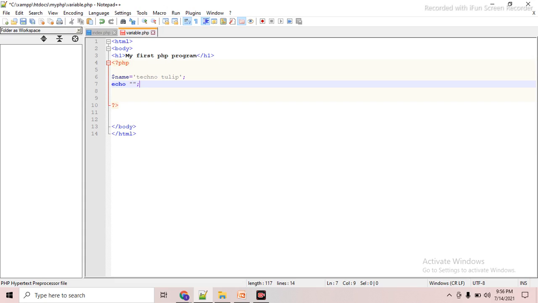Just write the statement here: echo I love, and the variable name. Just put it here and save it. Now we will see the result right after writing this.